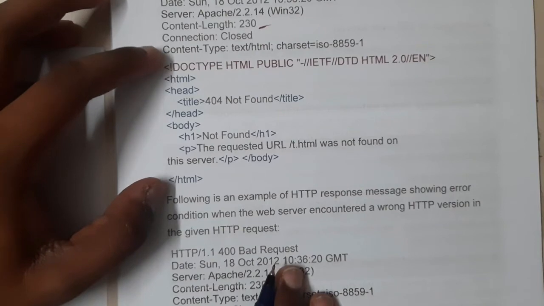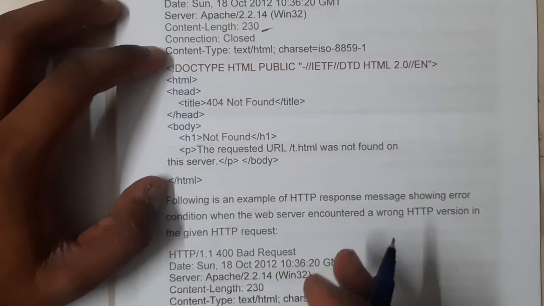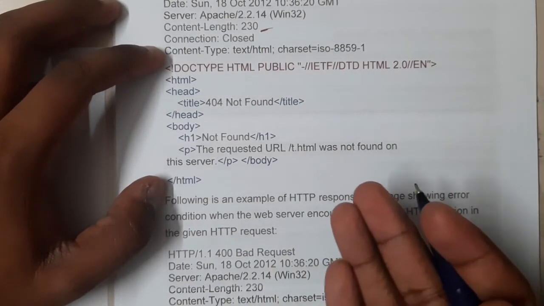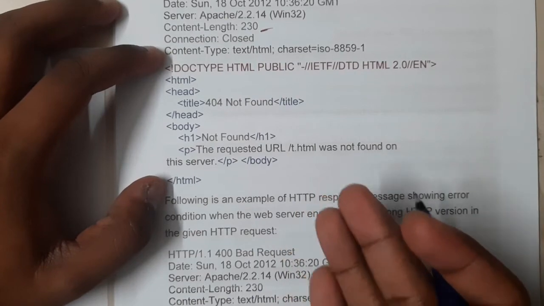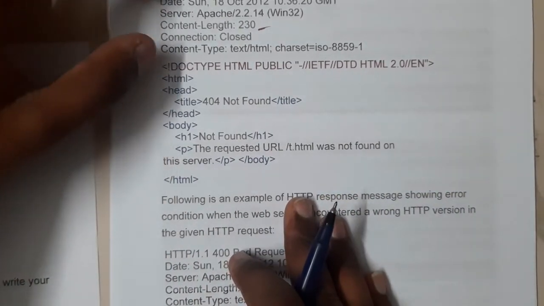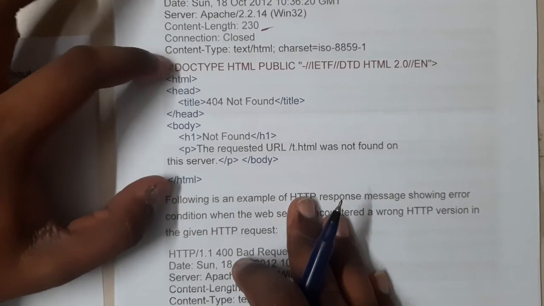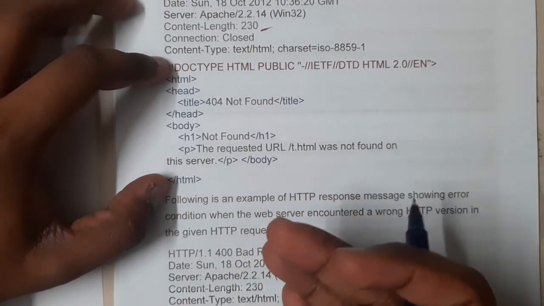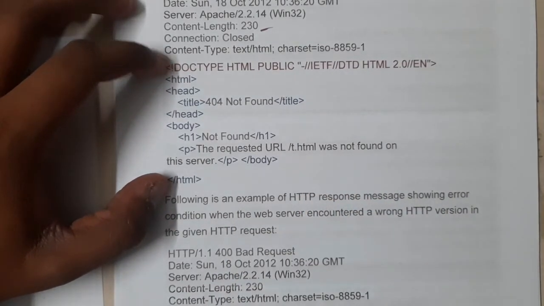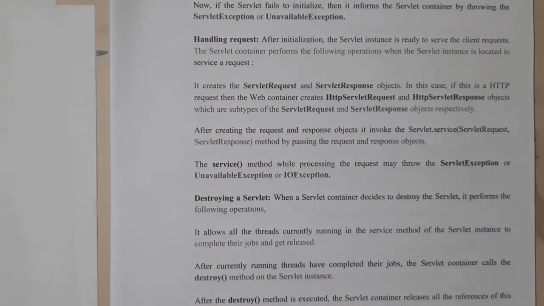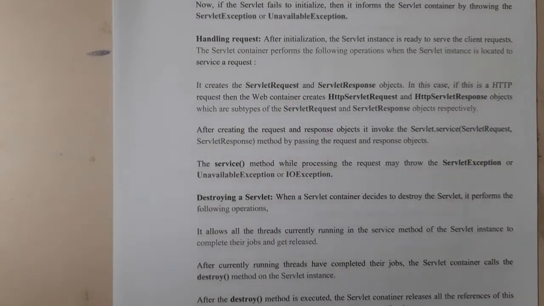These are nothing but the website HTML files I told you about. Whenever you request a server or a website, it will send the HTML file. In this way, this is the header and this is the HTML file. This is what your browser will interpret and it will show you the output like the HTML files. I hope everyone got some basic idea about this.